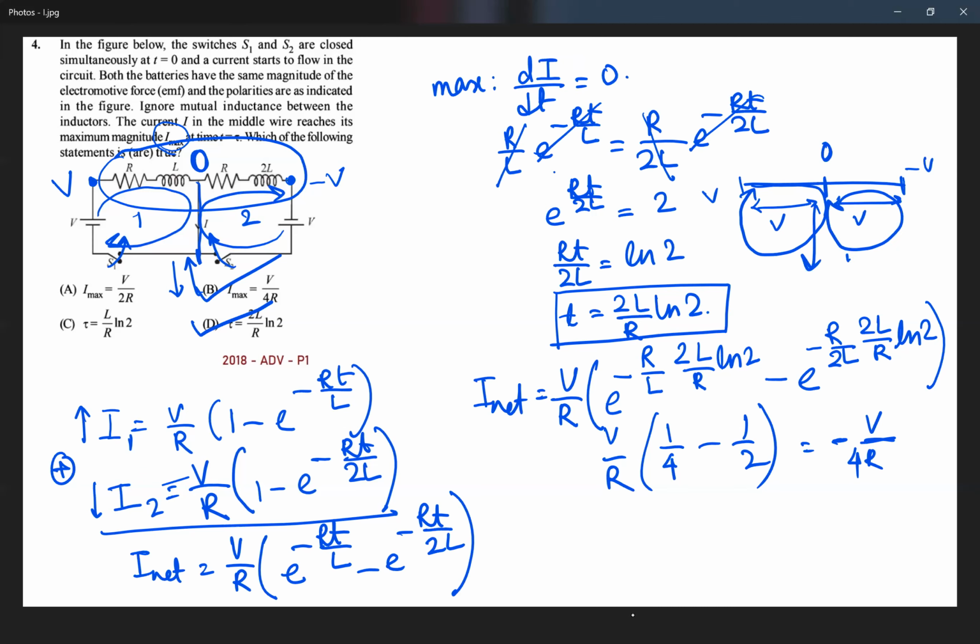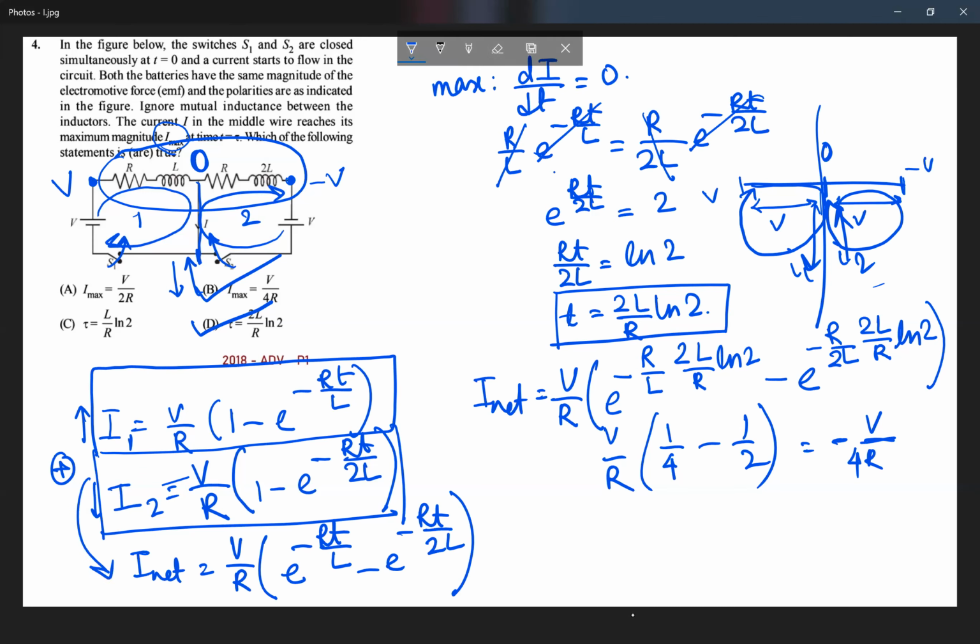So there are two basically currents, I1 and I2, moving in opposite directions. These two circuits are independent of each other. The current of one doesn't go to the other part. So we can solve it individually as two LR circuits. This is the formula for the switch on of an LR circuit. There are two different currents moving in opposite directions. So you subtract them, put the values, and find out the answer. Should be fairly simple.